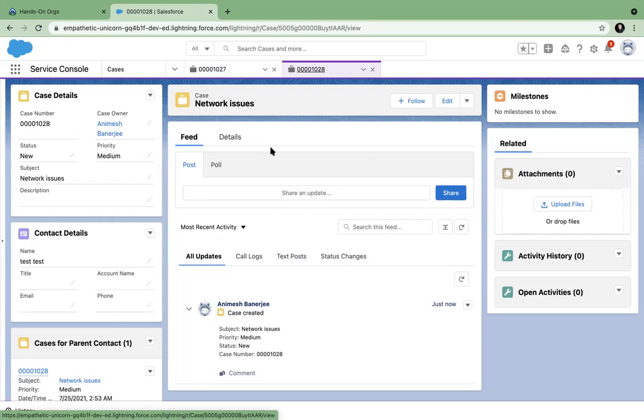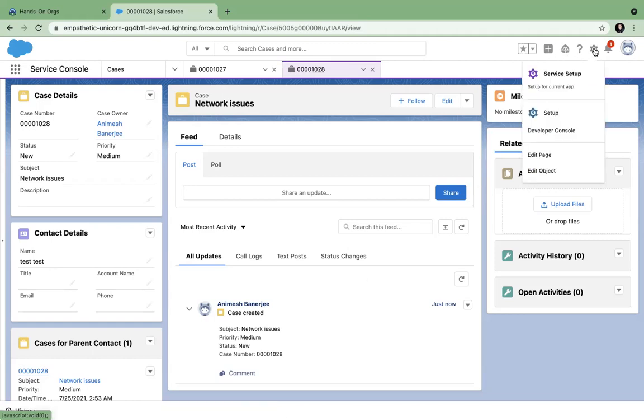So there are two flavors of service app. One is service, another is service console. Console is most frequently used because this will give all the information that is needed for providing information to customers, because they want to minimize their time to serve customers. I cannot hop in tab changes from contact to customer so many times. It will be too much waste. I have to work on multiple cases, have all information on one screen. That is how it works. Okay, this is how a sales service person will work.